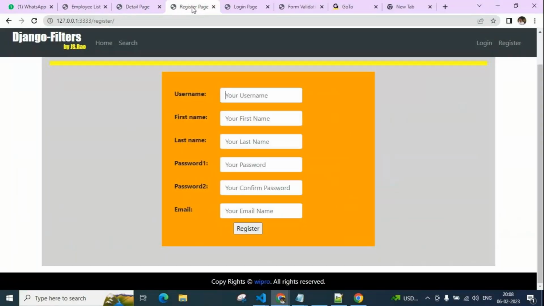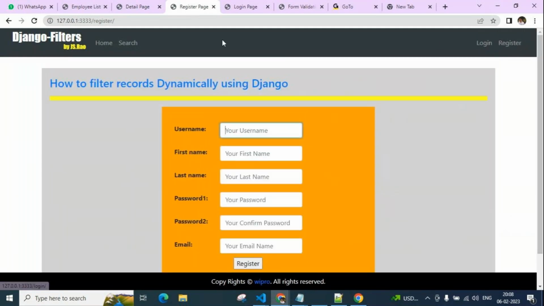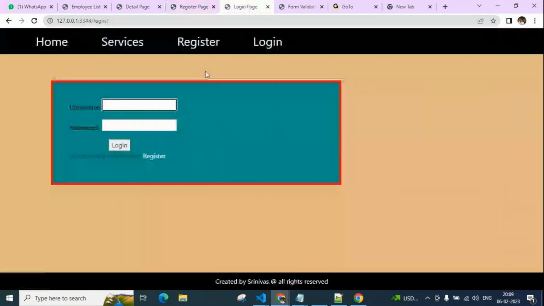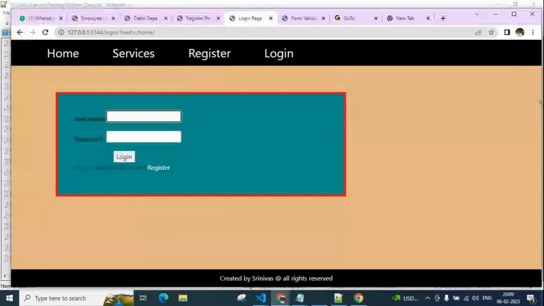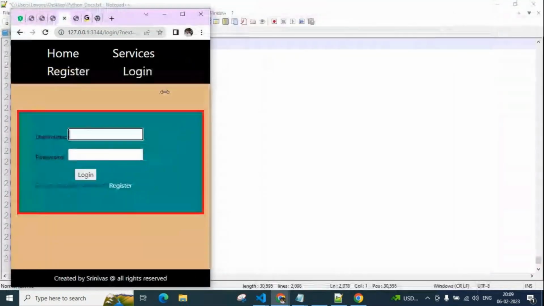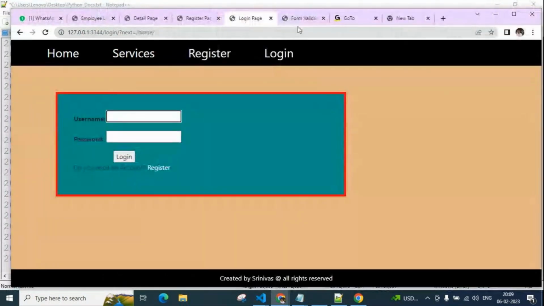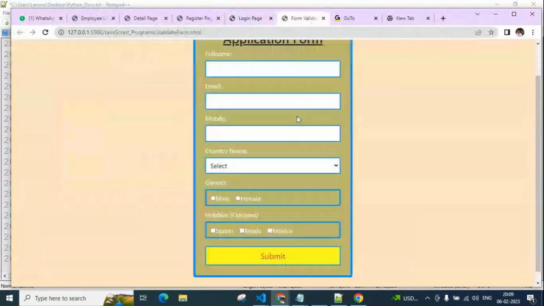Here there are also login, registration, and searching. After login, we can do things, and when we minimize the screen, we can handle these menus. We can also provide validations.